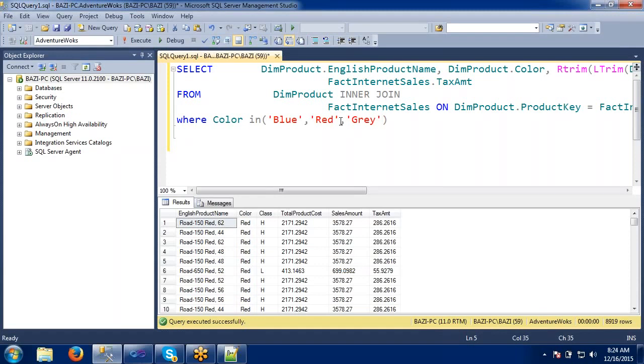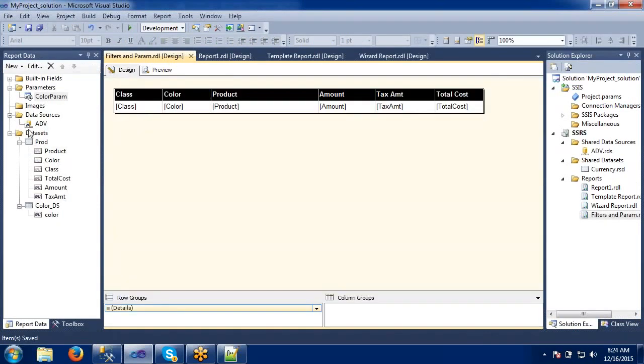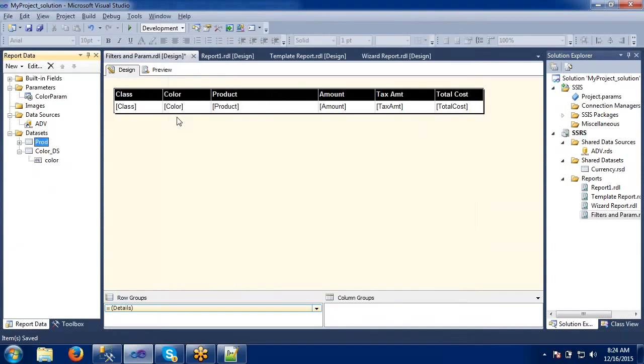The same thing I have to do in the report also. Go to the design, data set, and simply use in @parameter. That's it. Got it? Now we will see this one.